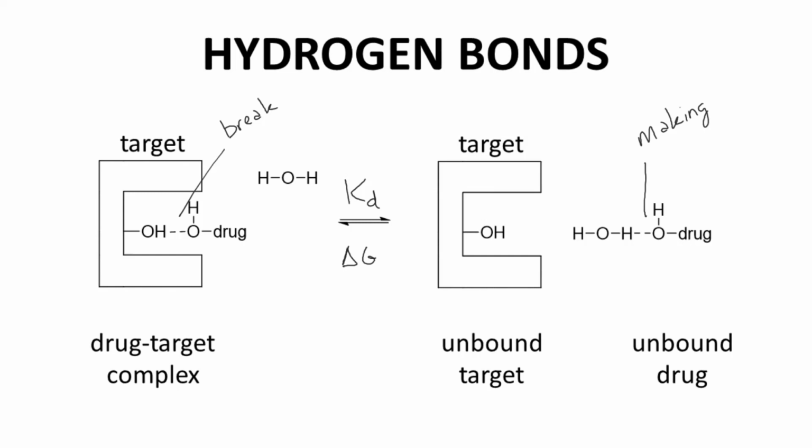Why would these hydrogen bonds be different? I mean, we break one and make another. Shouldn't the net change be zero? Maybe not. The hydrogen bond on the left is sometimes stronger because of the rigid orientation of the hydrogen bond donor and acceptor in the complex. If the key atoms are well aligned, then the net benefit of the hydrogen bond in the drug-target complex will be greater